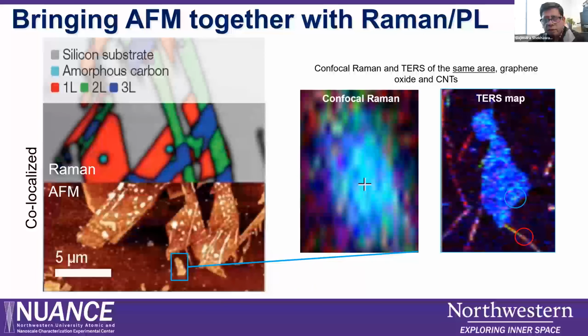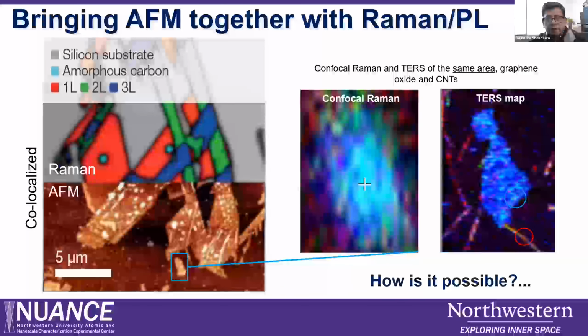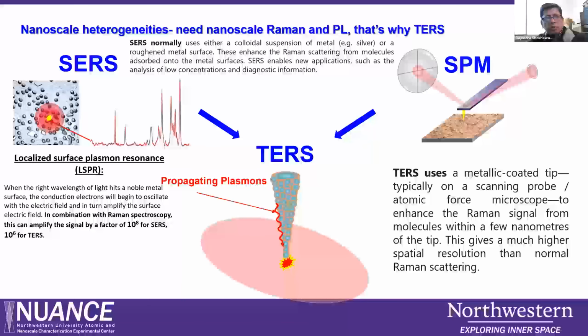I will explain a little bit of the basic fundamental principle behind this, but you can see that with the incorporation of the TERS, the tip enhanced Raman spectroscopy, you can resolve these individual carbon nanotubes. So how is it possible? Most of you know that,